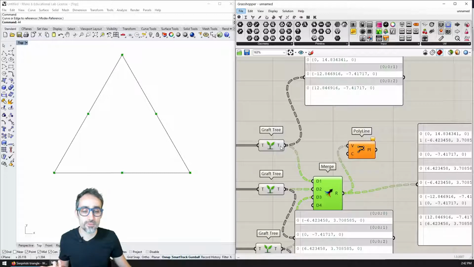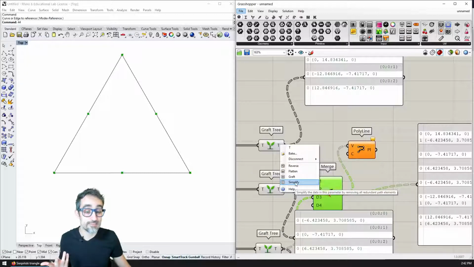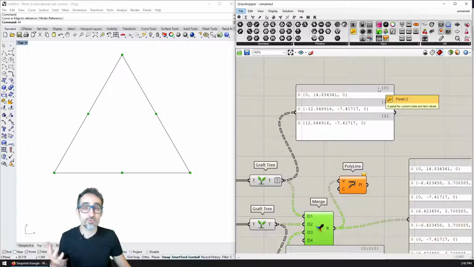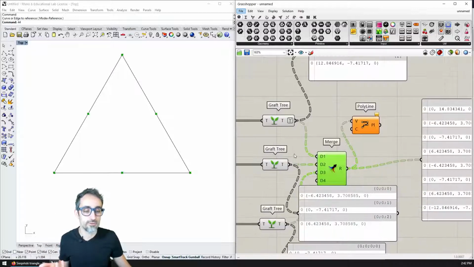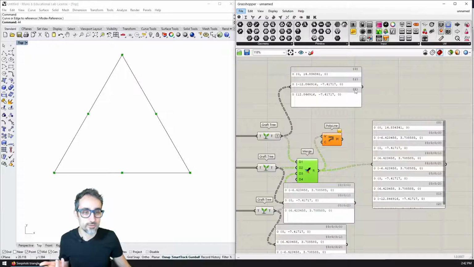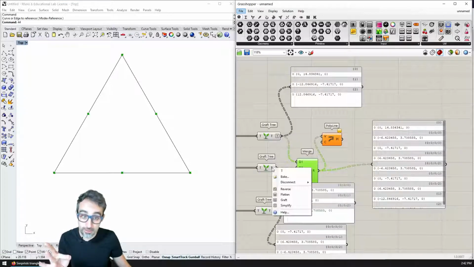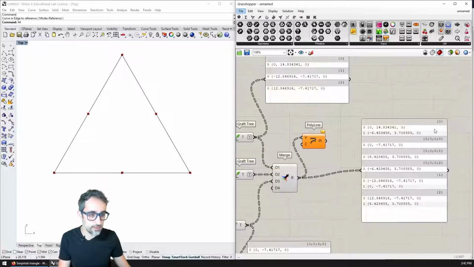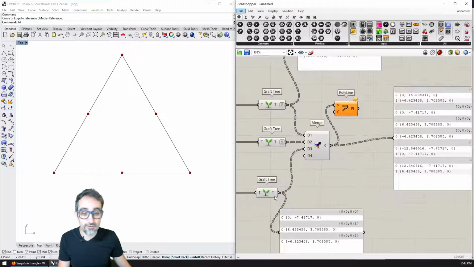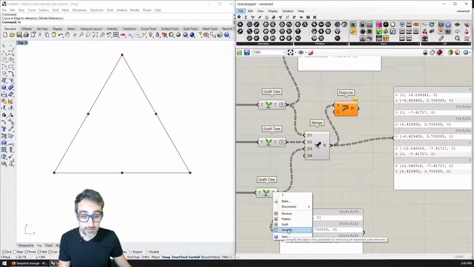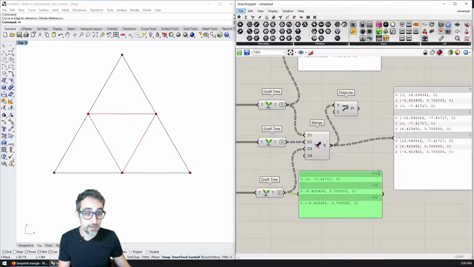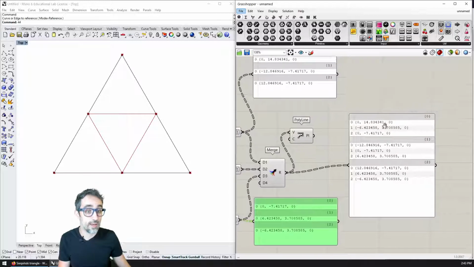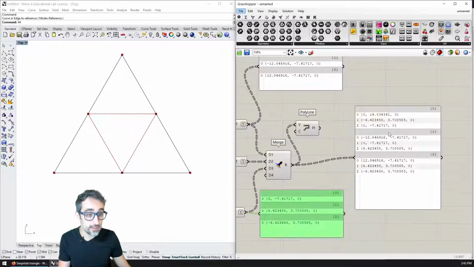So for each one of the previous branches, I can go ahead here and simplify the tree so that I remove branches that are redundant and don't really contain information. If I do that for this one, I get 0, 1, 2, much cleaner trees. If I simplify this one here, I get 0, 1, 2, much cleaner. So now everything is 0, 1, 2. And if I clean it here, you can now see simplify. This becomes 0, 1, 2. And now everything is merged correctly into the same branches.